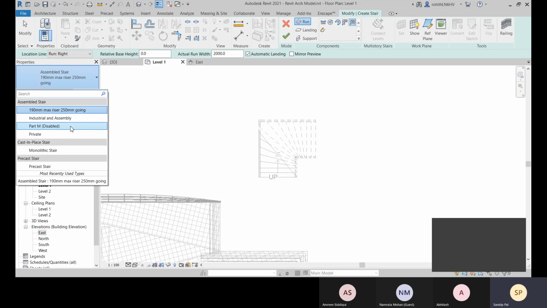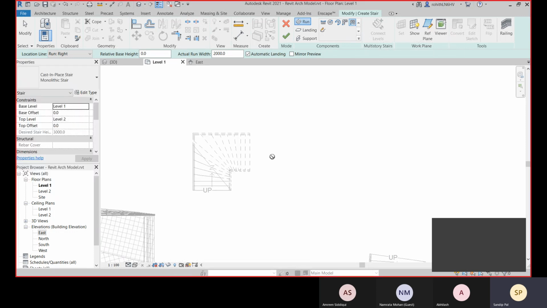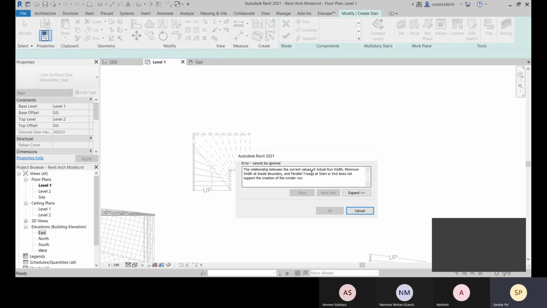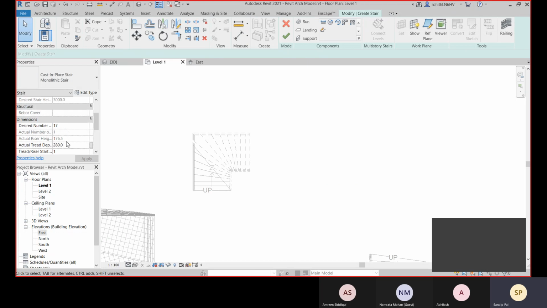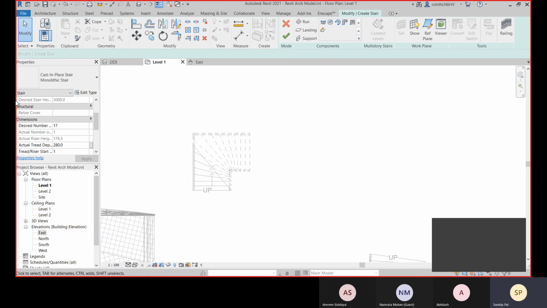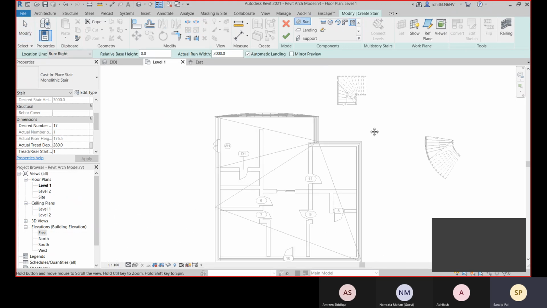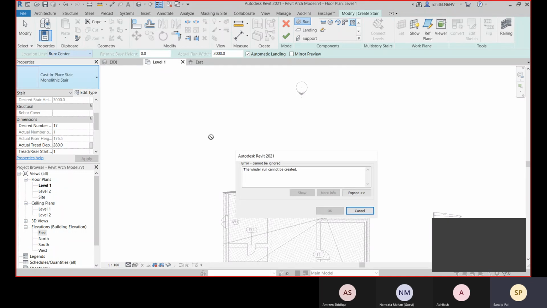Let me change this to monolithic stair. Okay, so everything is fine. So there is no such problem, but I'm facing the same problem again. So let me go with this.